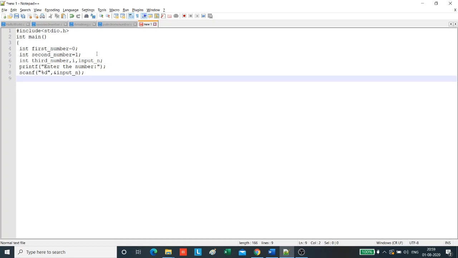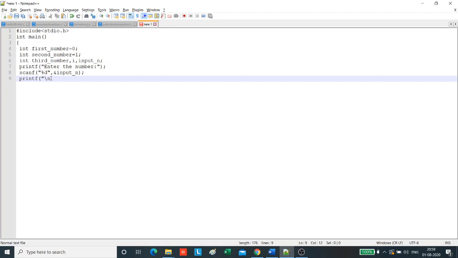Now we will print the first two numbers of the series. This \n that I am using indicates that the number has to be printed in a new line.